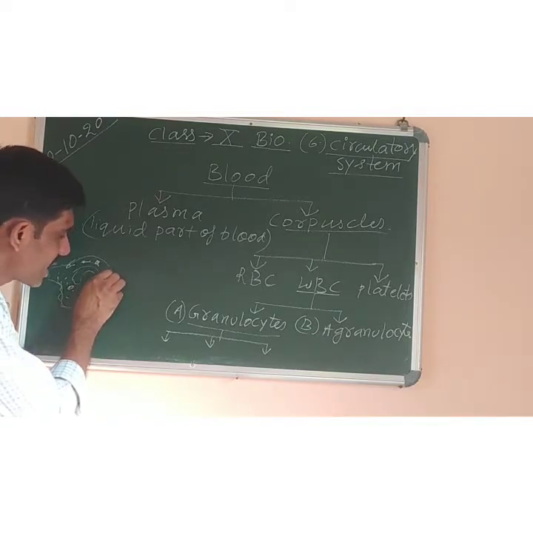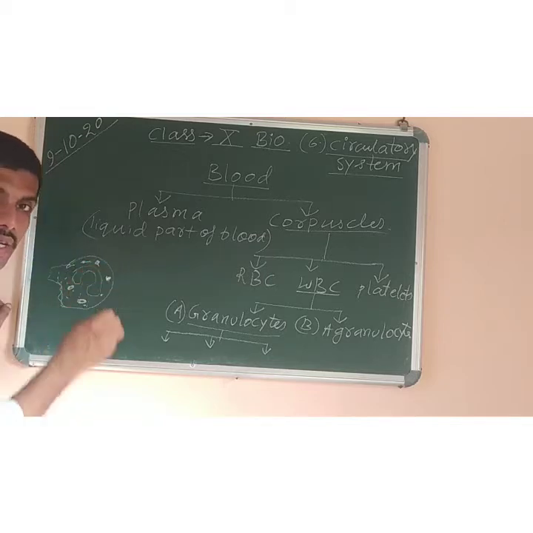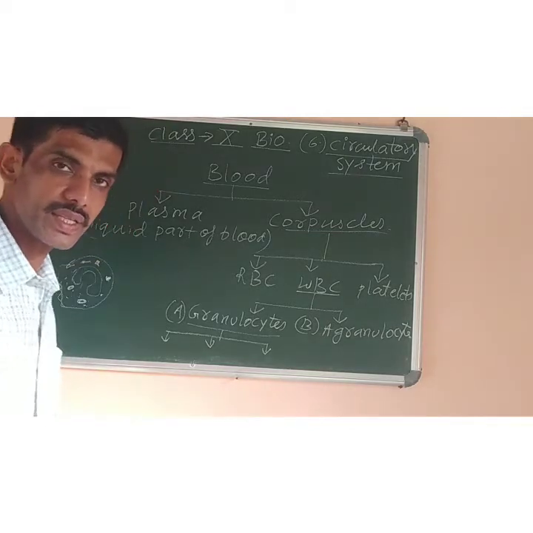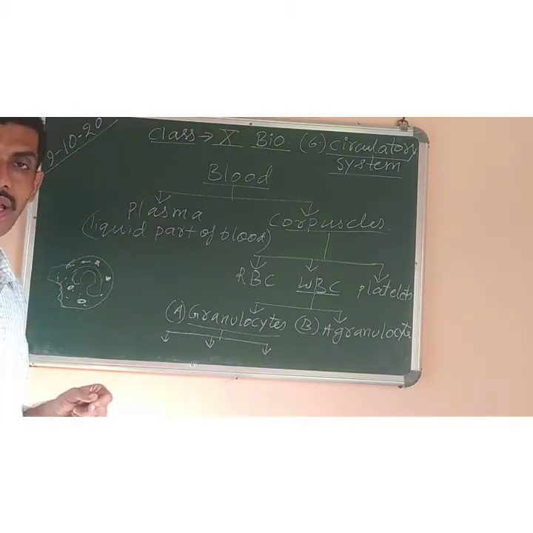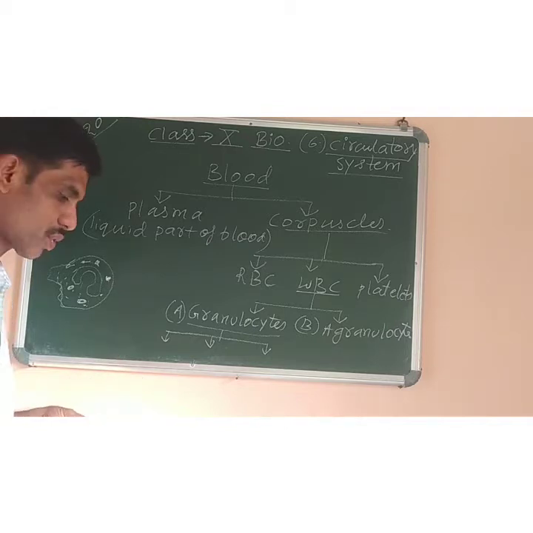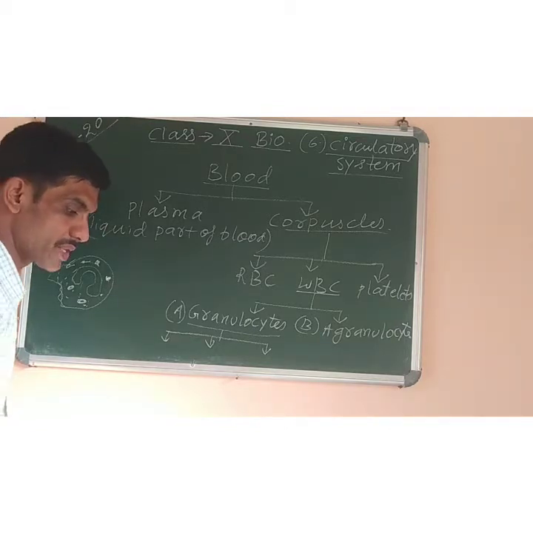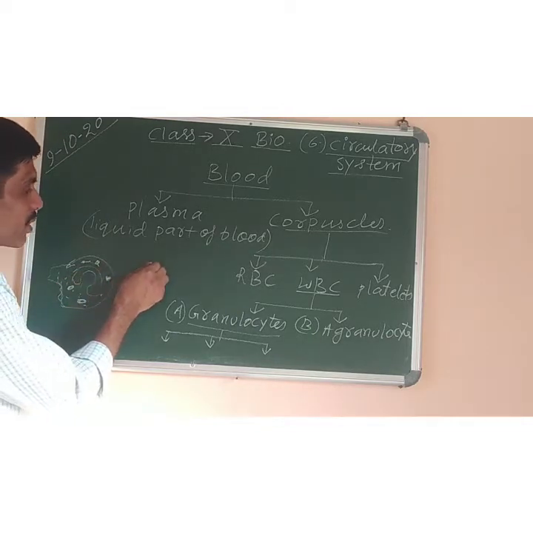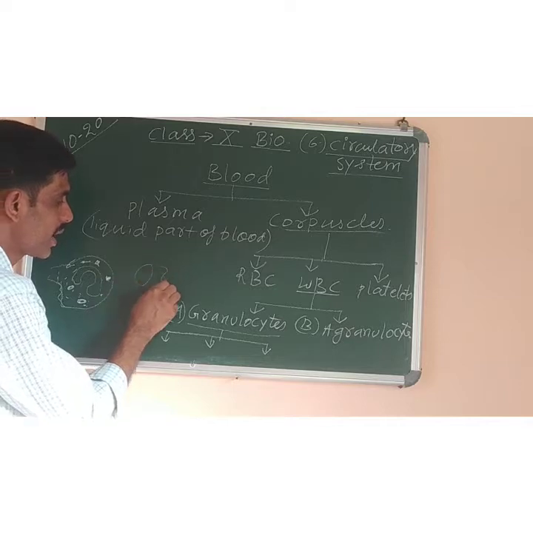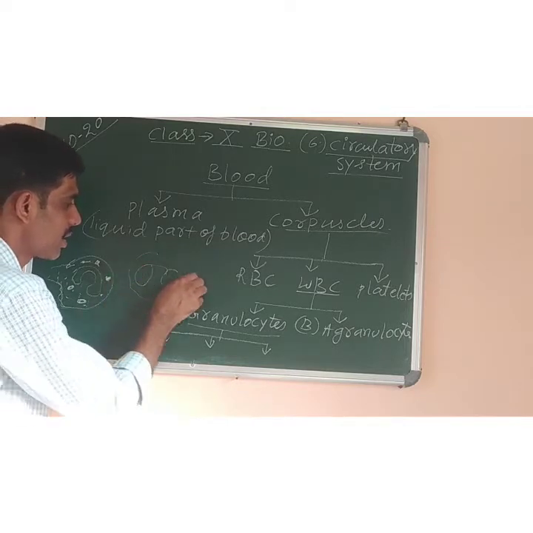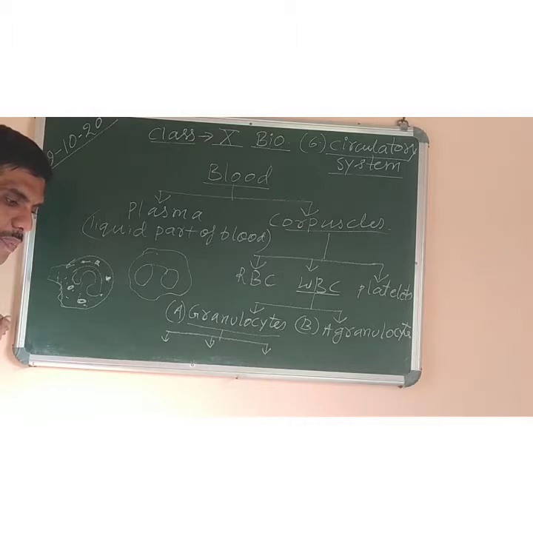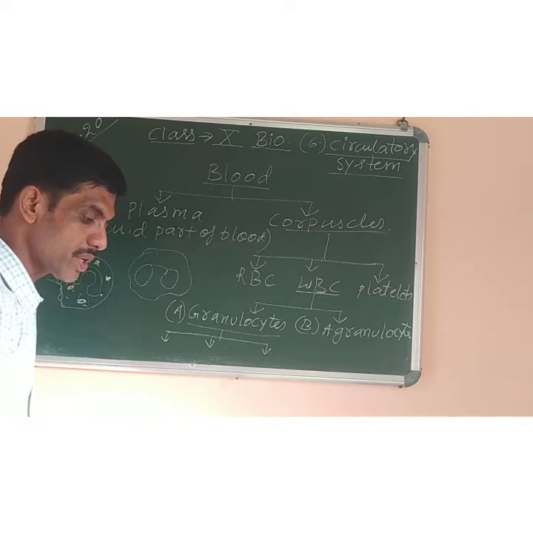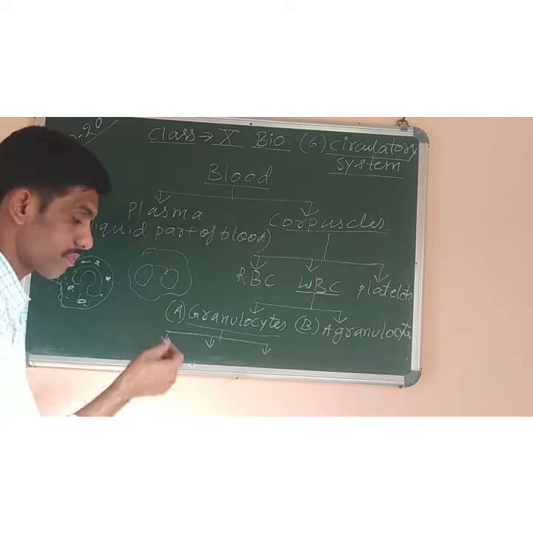Now when these granules are colored by different types of stains, like if they are colored with acidic stains, they can pick up color with acidic stains. They are called acidophils or eosinophils. So the first one is eosinophils. They have two lobed nuclei, meaning the nucleus has two lobes, like you can draw like this, one lobe of the nucleus, another lobe of the nucleus, and this is how the eosinophils will appear. They have two lobe nucleus, they have large coarse cytoplasmic granules which are stained with a stain